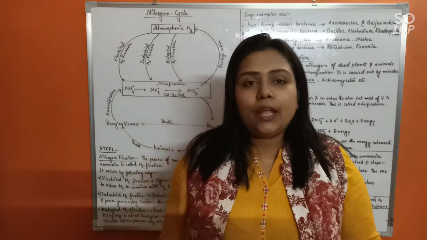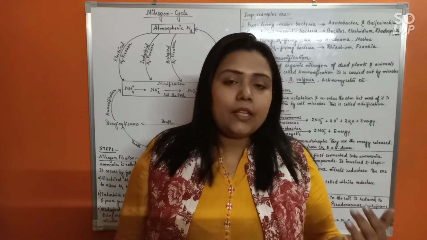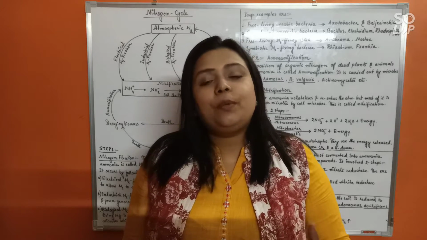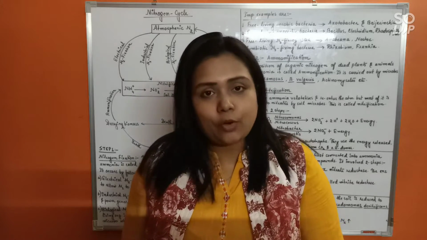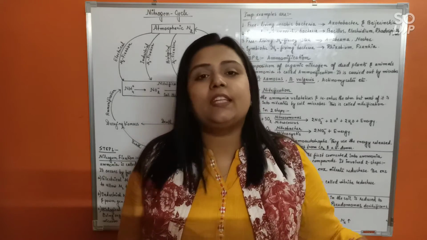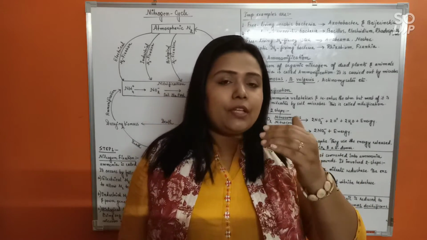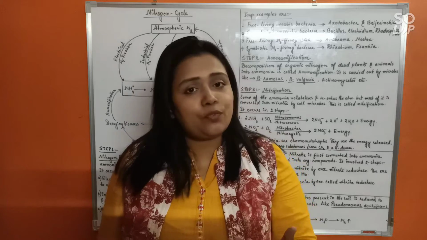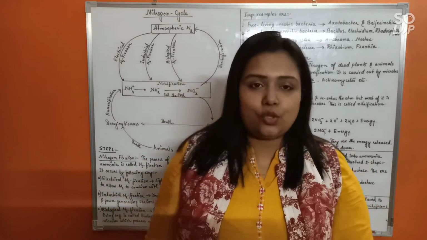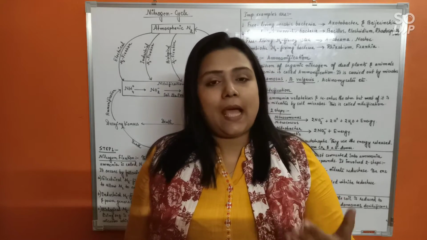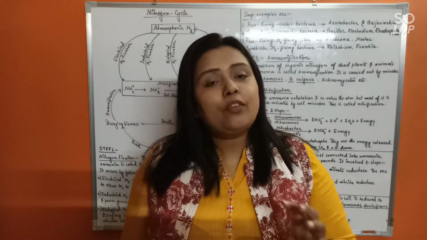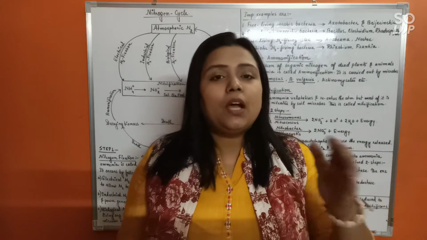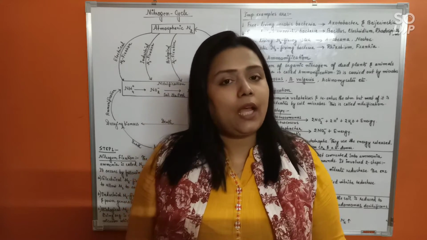The nitrogen cycle circulates the nitrogen from the atmosphere to the biological systems, that is plants and animals or microbes, and then finally from the microorganisms or living organisms, it gets back to the atmospheric nitrogen. So it's a cycle. The reservoir of nitrogen is the atmosphere. From the atmosphere, the nitrogen gets to the soil. From the soil, it is taken up by the plants, animals, and finally microbes. And then from these biological organisms, it again gets back to the atmosphere. This forms a continuous cycle, and that is what is called the nitrogen cycle.